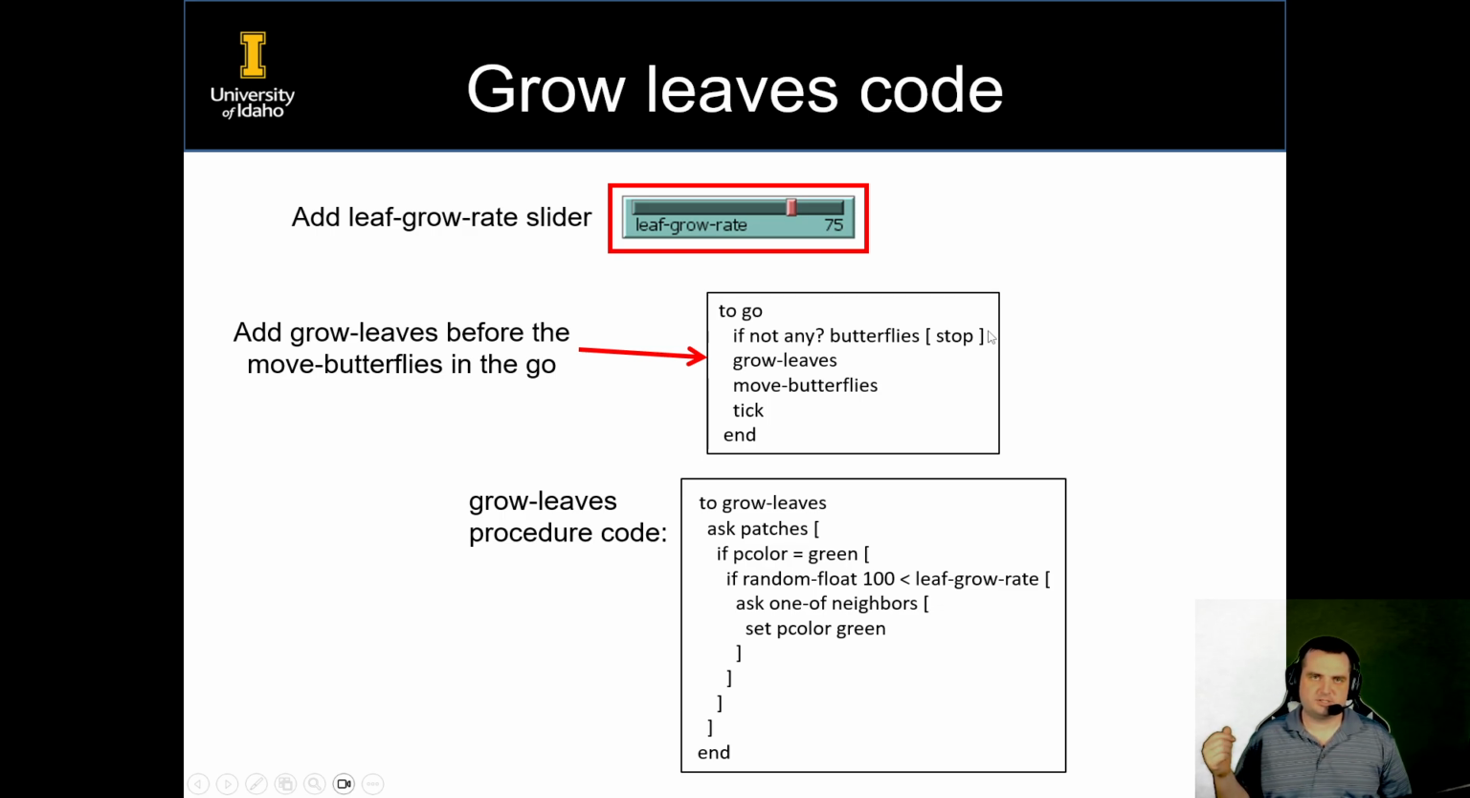All right, so we're going to create that slider, goes from 0 to 100. We're going to add some code. So we're going to add grow leaves right before we move butterflies. That way we have our chance of our butterflies being able to land on freshly grown leaves. And then we're going to create a procedure for growing leaves. We're going to ask our patches, hey, if you're green, do a random kind of dice roll. If you choose a number less than this, ask one of your neighbors, hey, go ahead and set your patch